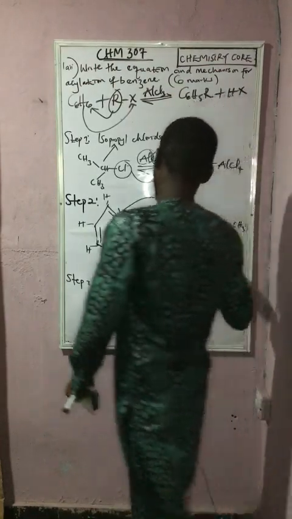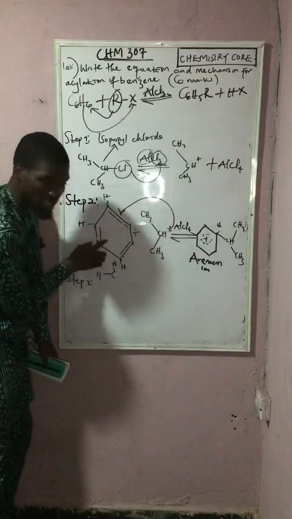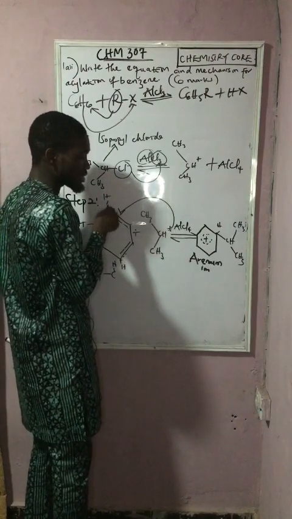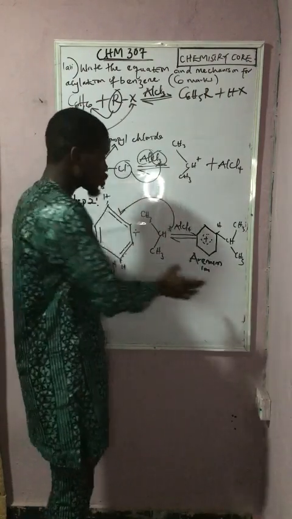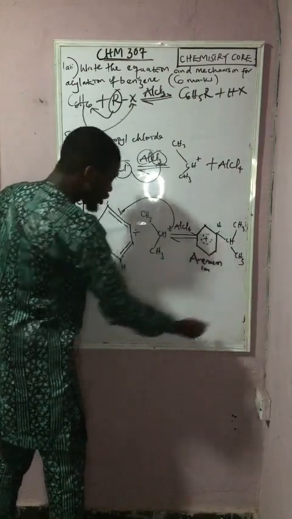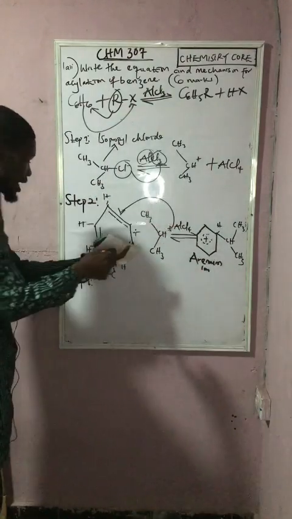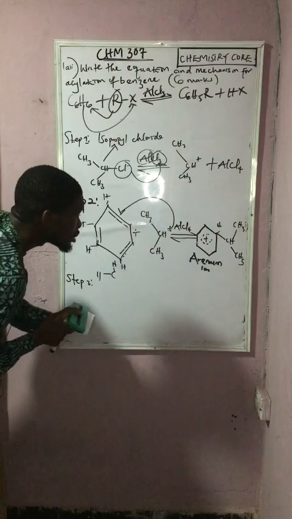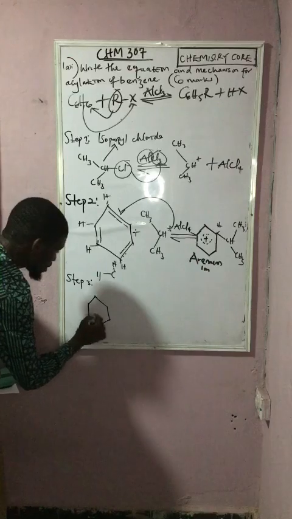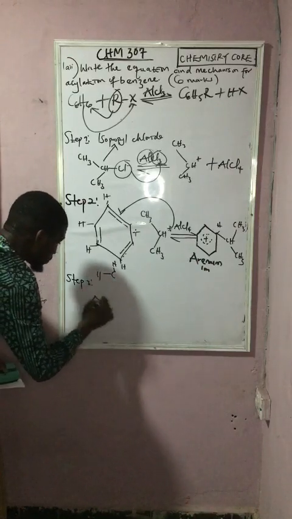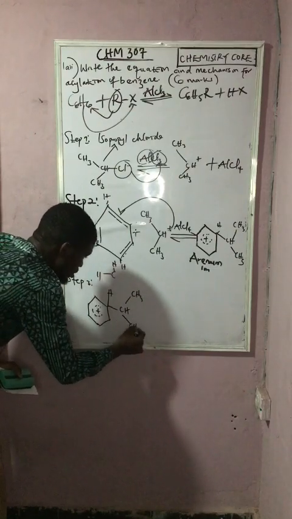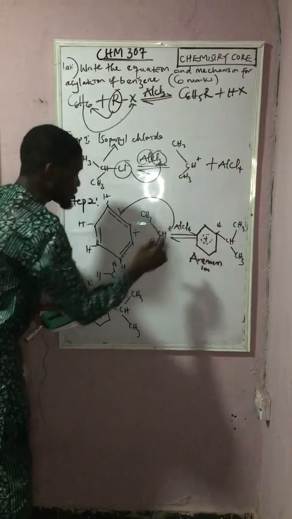If you observe vividly, this double bond here is not here again, because this electrophile here coming into this place is going to attack this to give us the arrhenium ion. So you are going to have what you have here as a product. As I've said earlier, for every mechanism, what you have there as a product, you are going to use to start the next steps. So with that, I'm going to rewrite this. Please pay max attention to this. It is very, very important. Having our arrhenium, then we have H, CH, CH3, CH3. So this thing we have been acting as a mechanism now, plus